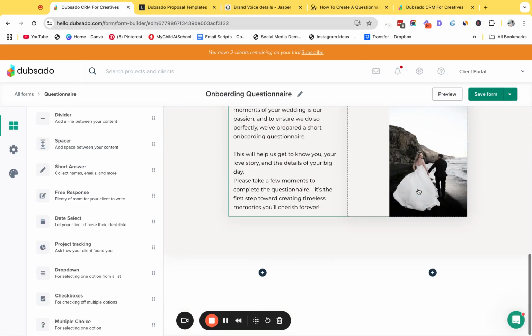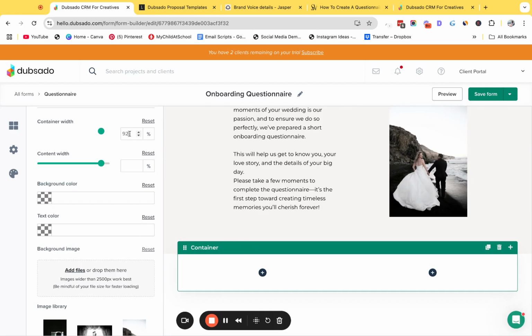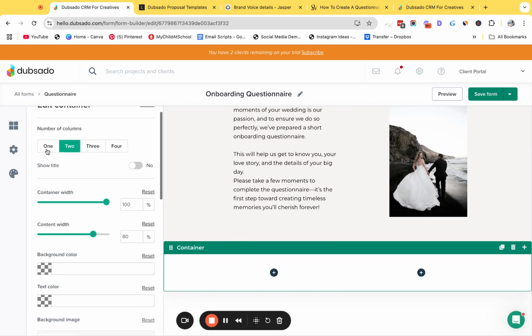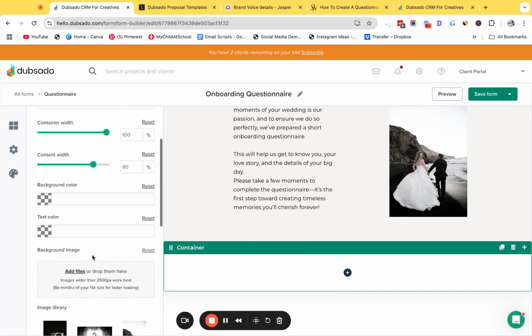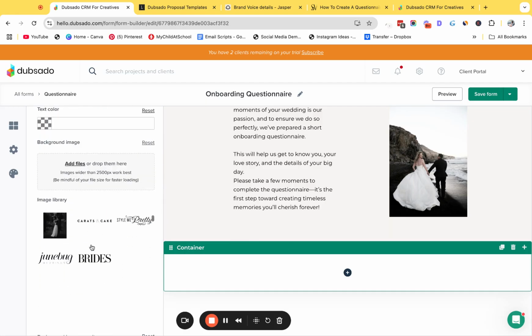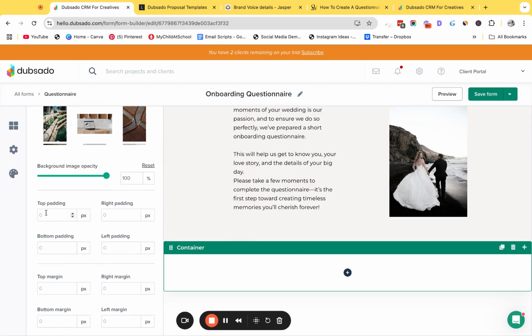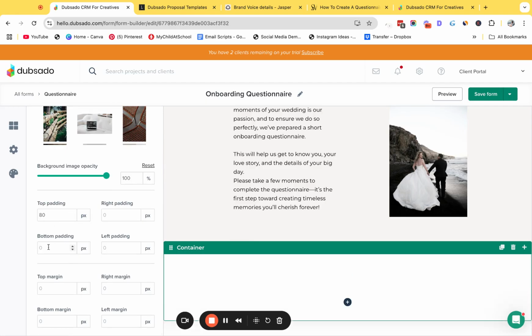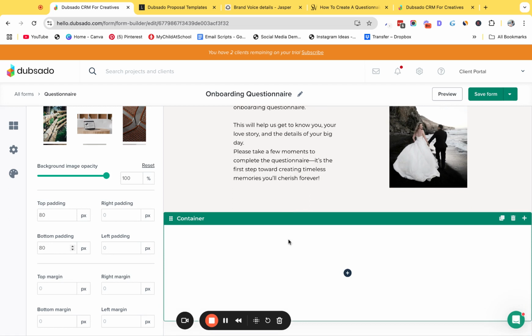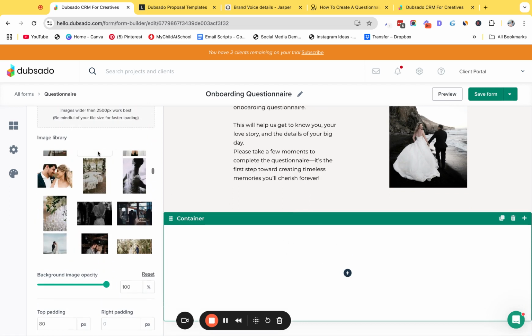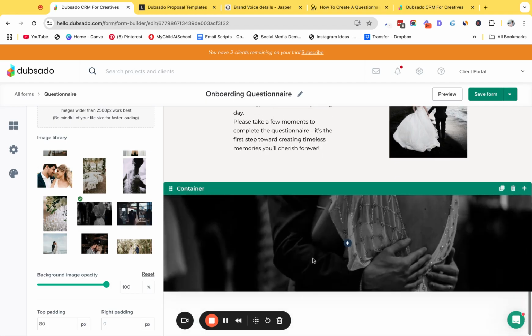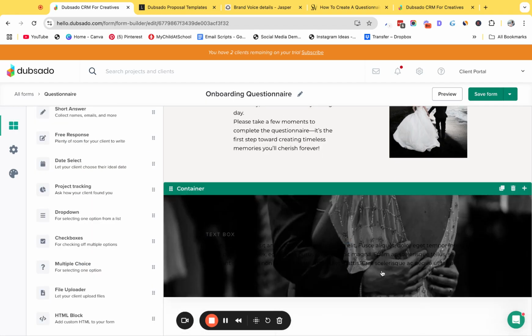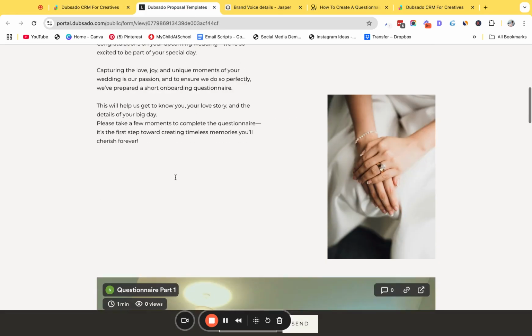So if you add another container, again, put this at 100% container width, and I'm going to do 80% there. And then I'm going to put this as one column. I want to add some padding top and bottom. So I'm going to scroll down to padding. I'm going to put 80 pixels to make this a bigger container. And then I am going to choose my image that I want to use. So I'm going to use this one, and then I'm going to add a text box and add the title